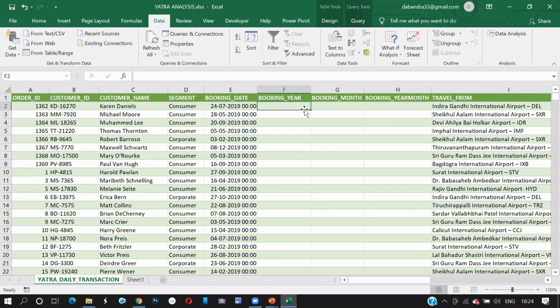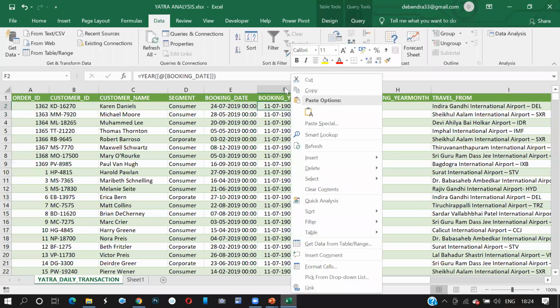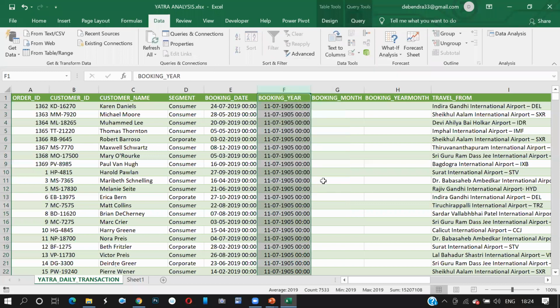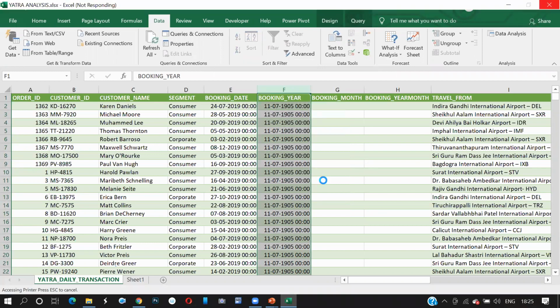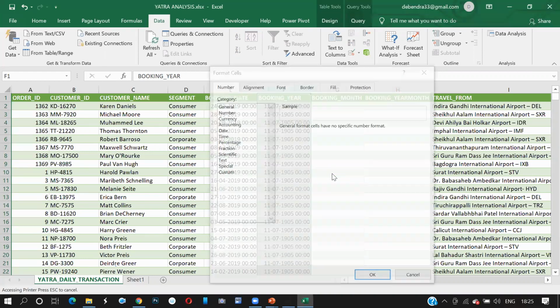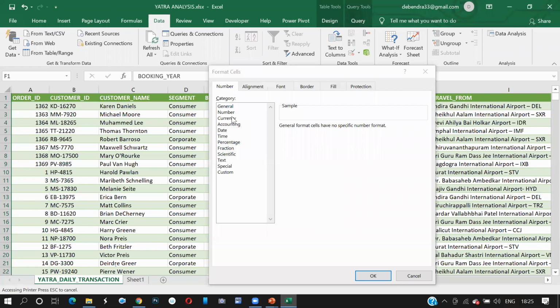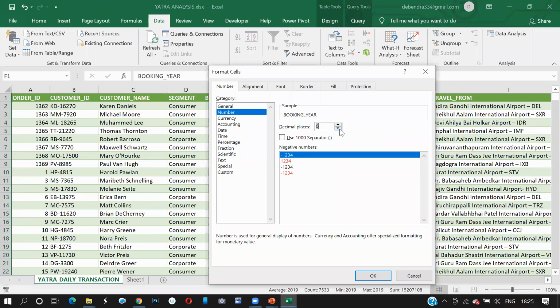So first of all, booking year, how will I get it? I use a function called YEAR in Excel to retrieve the year from the date field. I select this completely, do a format cell, and make it a number.